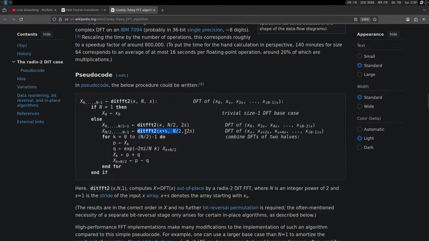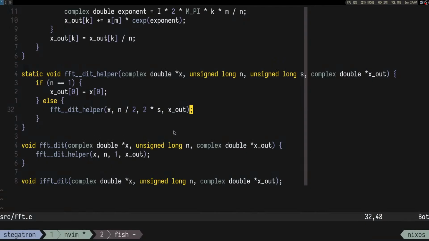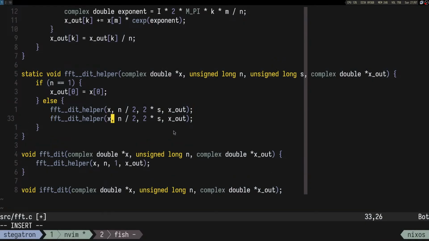But then here, I guess it's just x plus s. Like I don't know, maybe it is just x plus s. We also do n divided by 2, 2 times s,